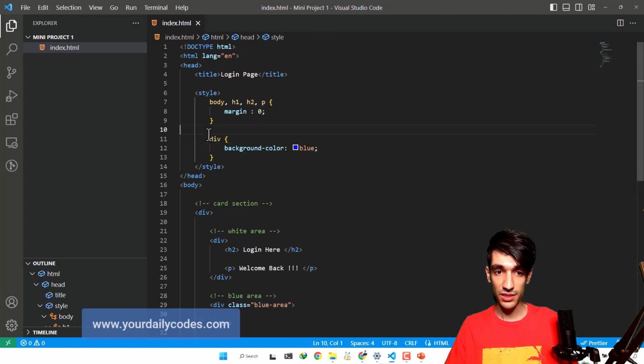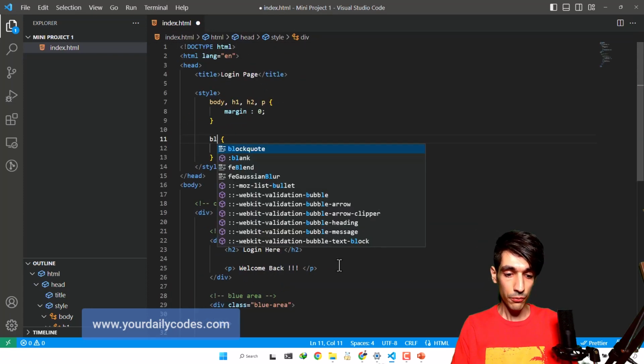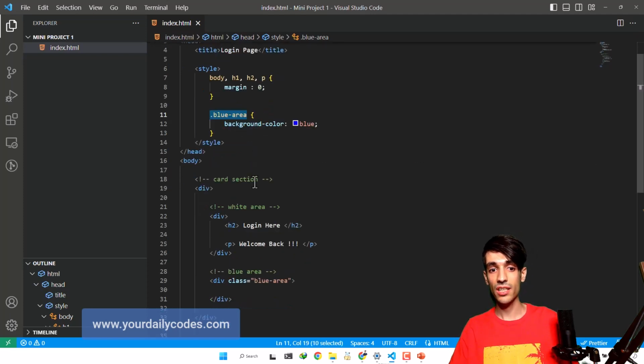And we can now, instead of going select div, if I want to select everything with a blue area, if I write blue area, of course the browser looks for any tag that is called blue area, and we have no such tag. So that's why in CSS we have some characters or operators, okay? The dot character is an operator for selecting classes. For example, when I say dot blue area, it means go ahead and select everything that has a class called blue area and apply this background color to that.